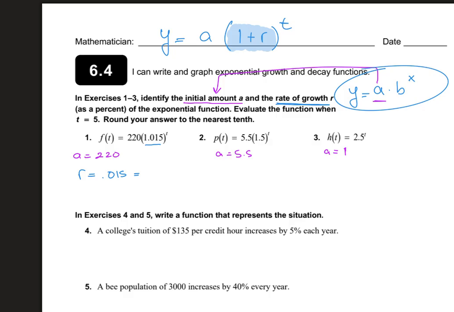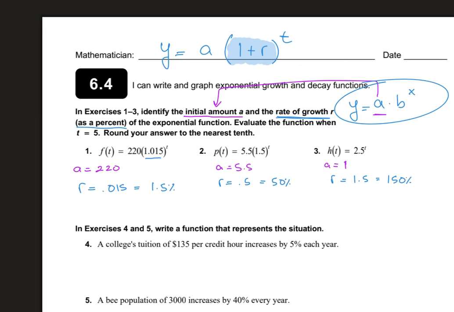Well, so then the rate would technically be 0.015, which is 1.5%, because it wants it as a percent right there. The next rate would be 0.5, which would be 50%. And then this one's kind of interesting. The rate is 1.5, which would be